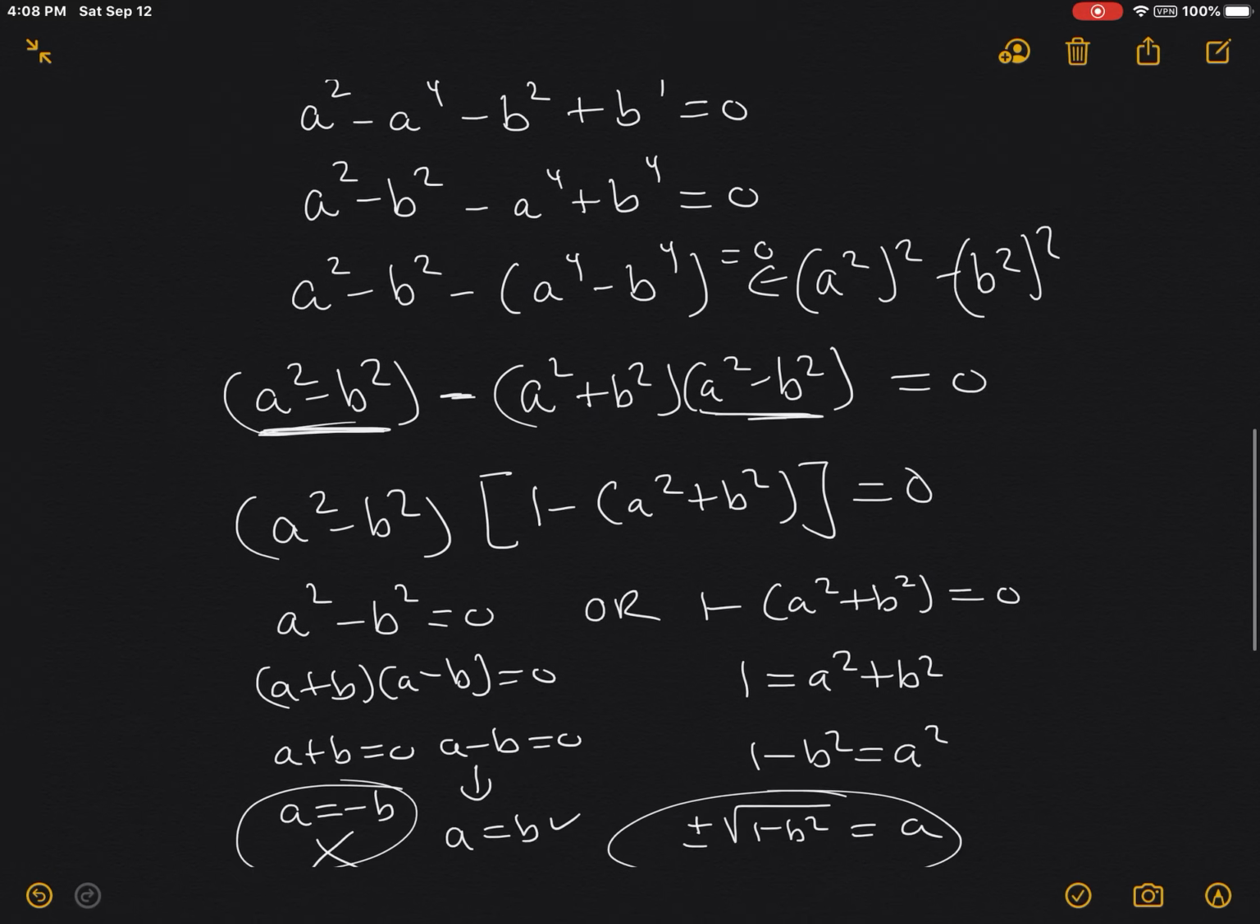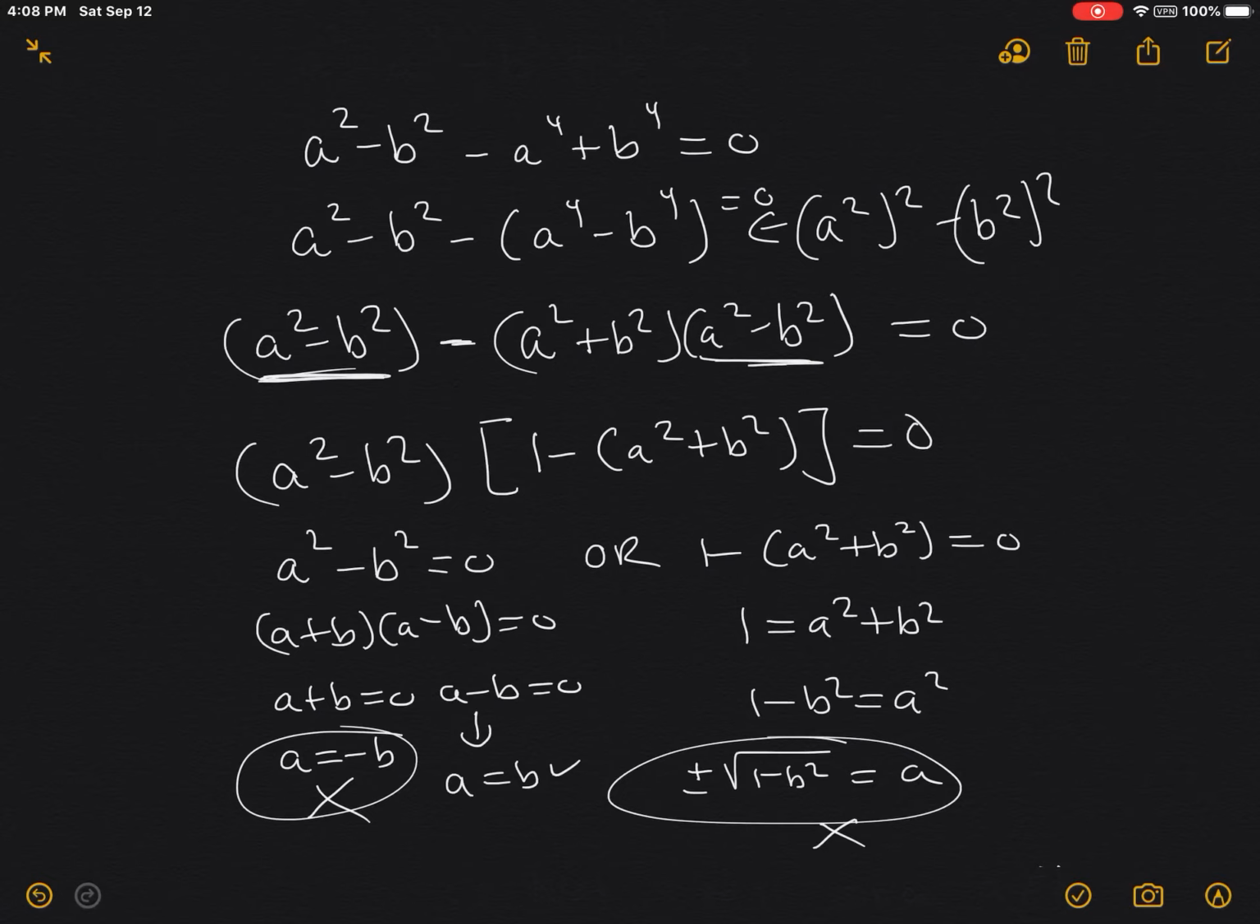But the algebra in this one is really, really complicated, but it's good practice for you to